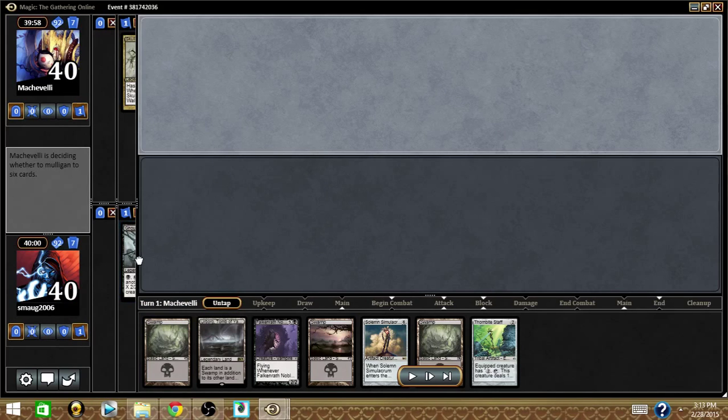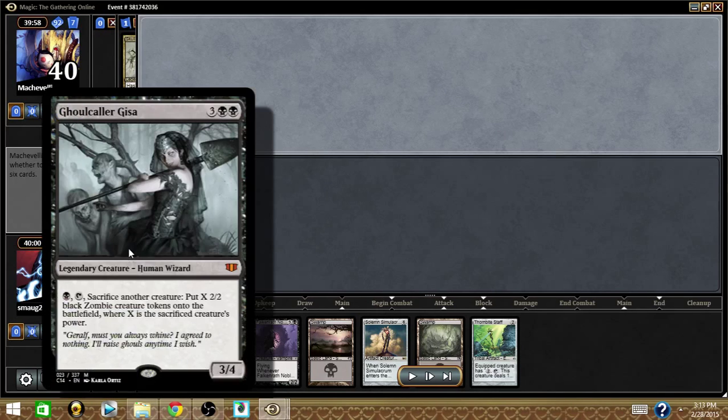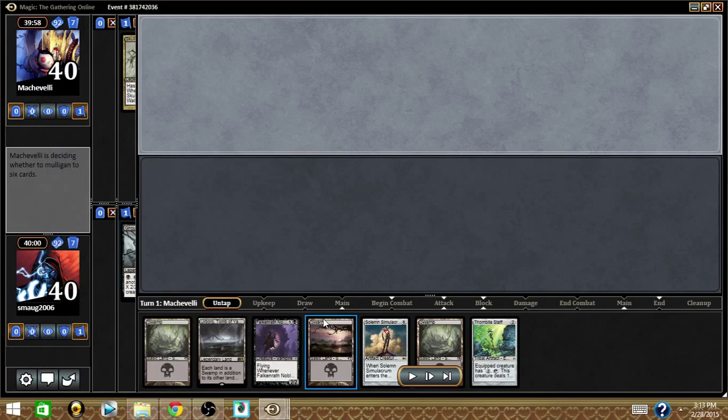As you guys know, I am playing my Ghoulcaller Gisa. I don't want to keep saying just Ghoulcaller. My opening hand was pretty good: Solemn, Sad Robot, lands, and